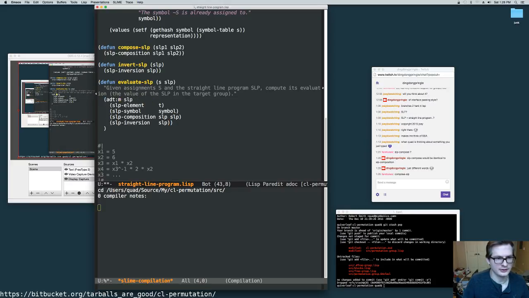And here, we do ADT match SLP with SLP, our object. So this first thing, just to say, is the type that we're matching against, and then this is the actual object, which just happened to be the same name. So if we have an SLP element, which is just X, we return X. We don't need a comment for that. If we have an SLP symbol,